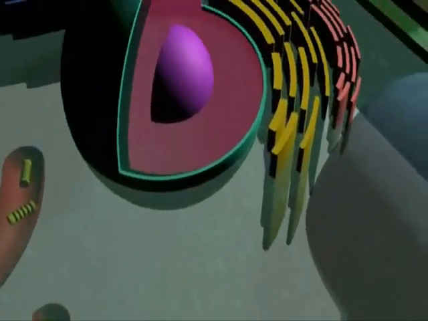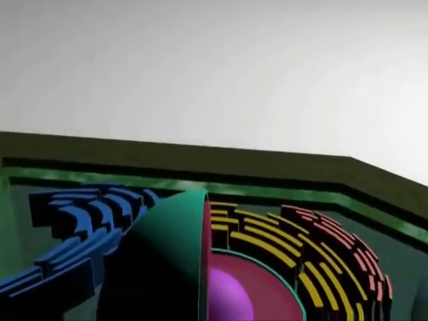The apparatus that is in charge of packaging and sending proteins is located just away from the endoplasmic reticulum. The Golgi complex is particularly important in the processing of proteins for secretion. The mitochondria are sometimes described as the power plants of the cell because they generate